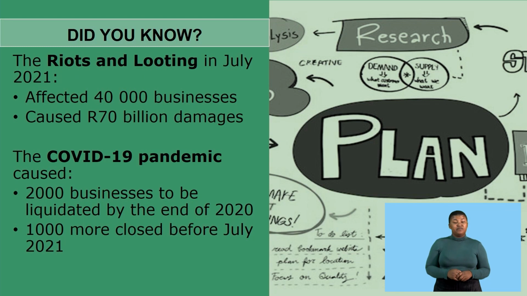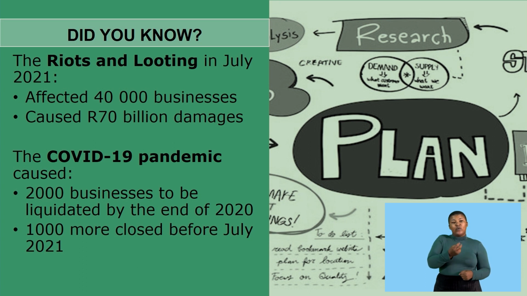Now, did you know that in July of 2021, South Africa experienced extreme riots and looting? The impact on businesses was that they lost 70 billion rand in damages, and over 40,000 businesses were affected. And then when we look at the COVID-19 pandemic, which started in March 2020,